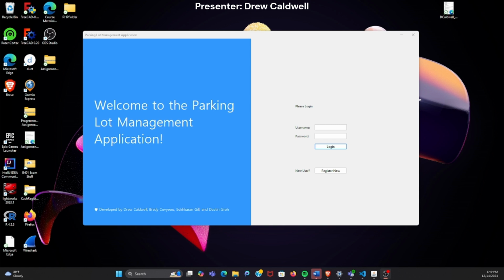If you were a new user, you would go down here, click register now, and from here you could enter your information. I've already typed it all in: username, password, first name, last name, and your license plate number. When you create an account, you will get a small pop-up saying that your account was created. After that, you could go back to login,